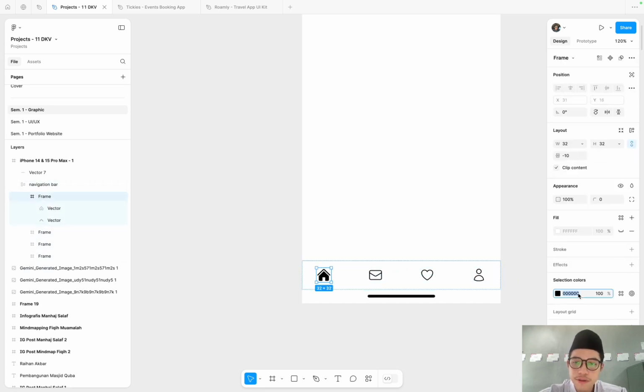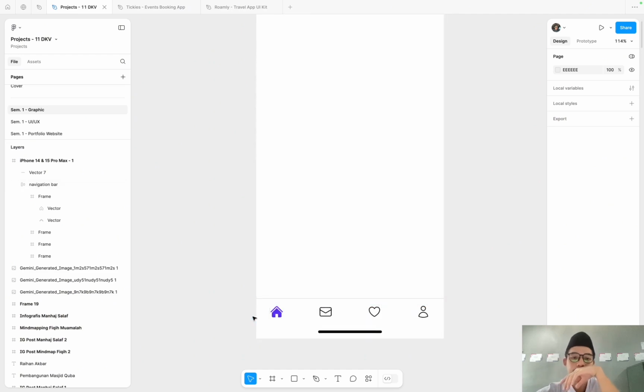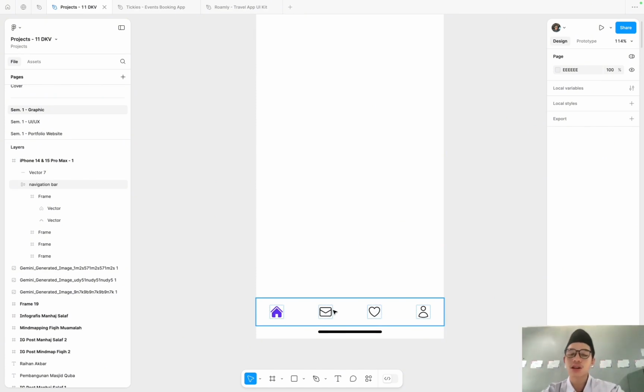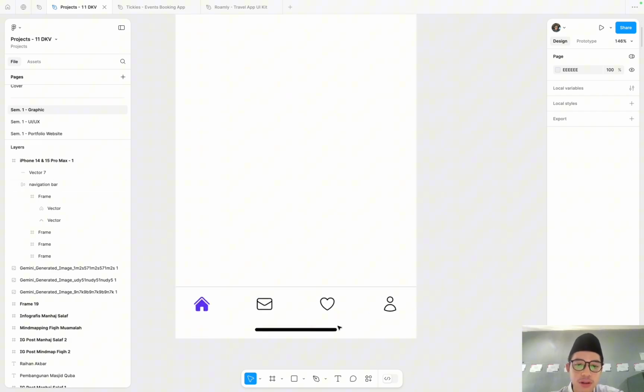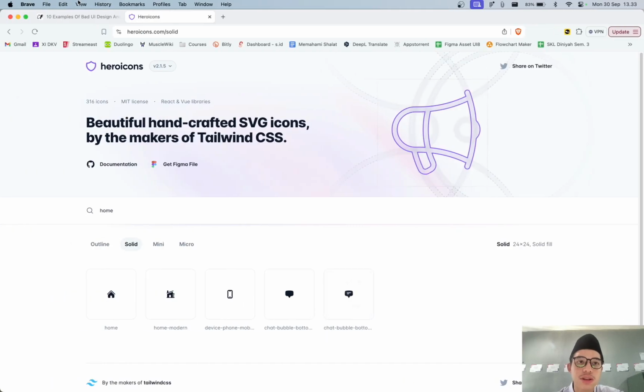This one is active, so you give a color, maybe blue. This shows that this home icon is active, and the active one is going to be using a solid color and having a fill like that. And also, not only this, the size also needs to be the same.